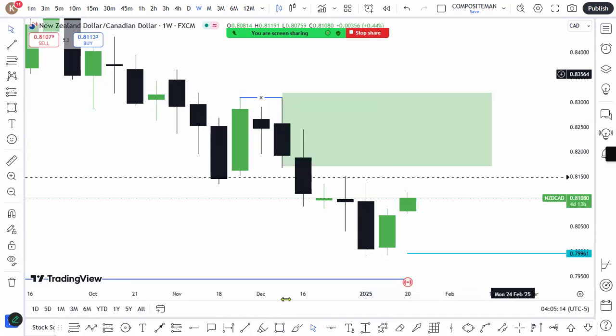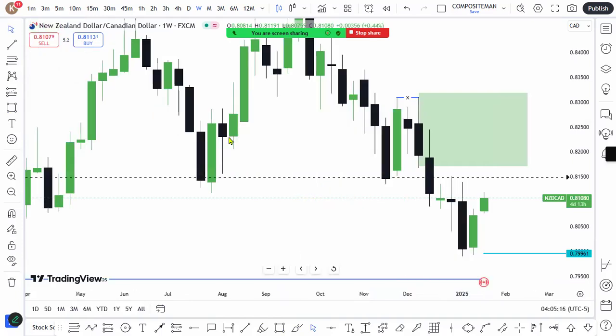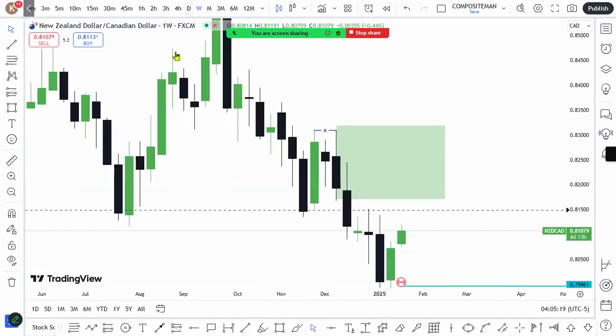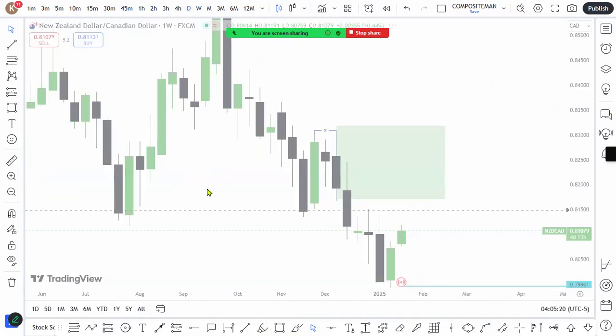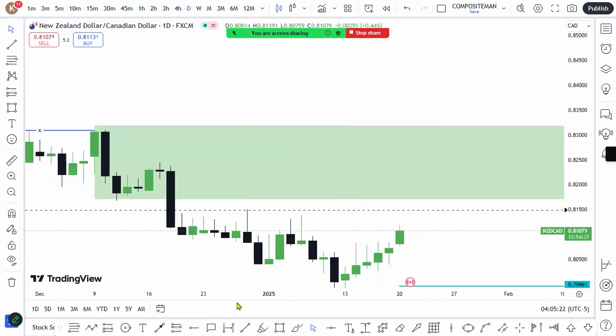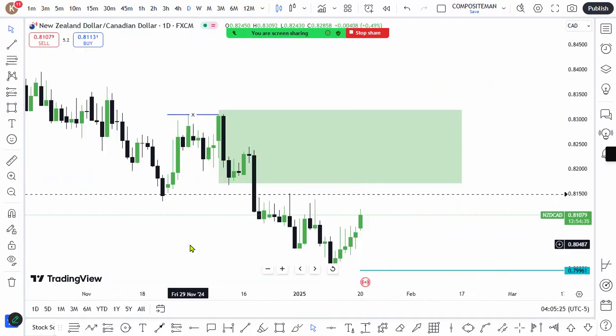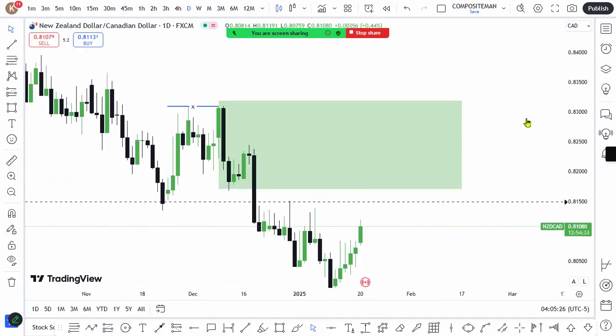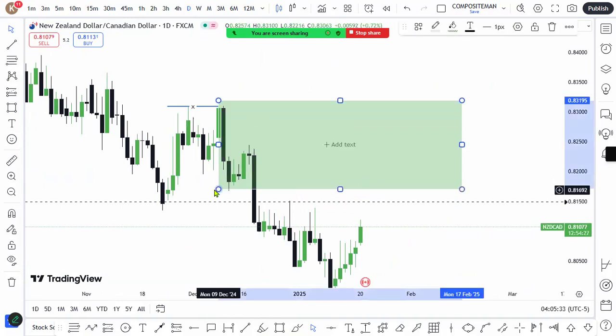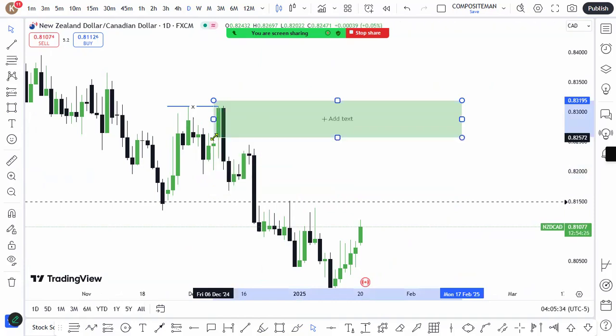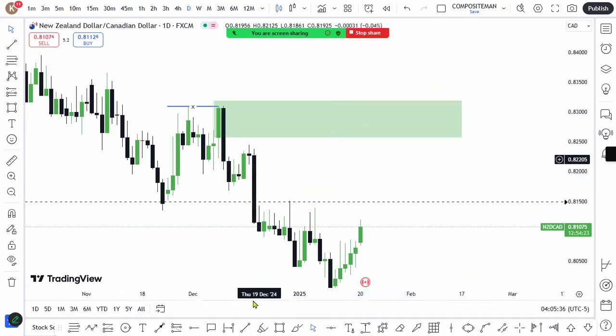Right? This will be my candle of interest from a weekly point of view. So let me go to daily and try to refine the zone. And when you come to daily, you see this is the area of volatility. If we look at it, we must have two zones here. So we have the low of the body of that candle, and still here again we have a liquidity sweep